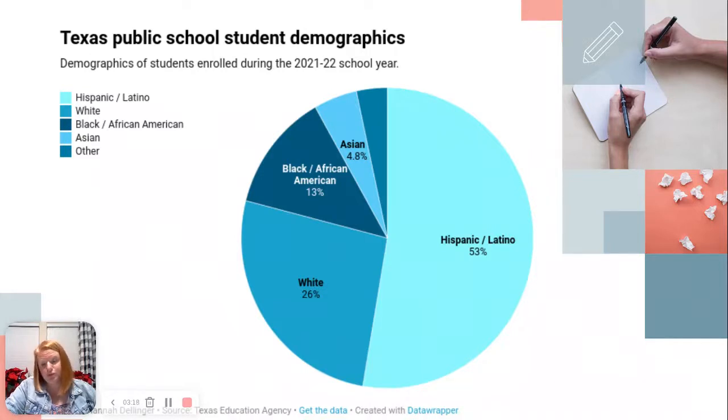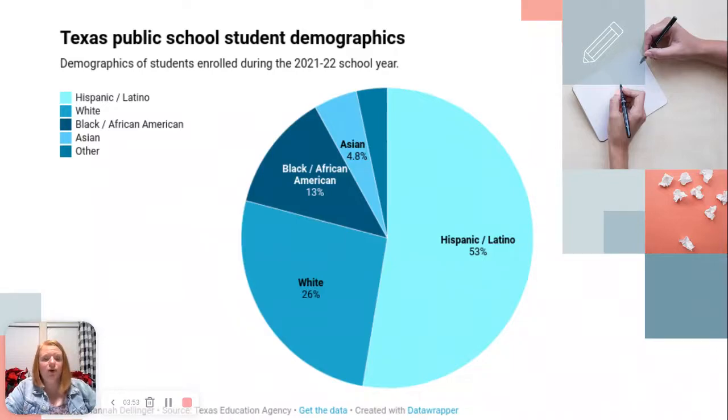That is a huge percentage. It's not surprising to me because I work almost exclusively with a Hispanic population, but that could be pretty surprising to some people. I think this really shows, as you can see, that there's not a majority white population here in Texas as far as the schools go. And so I think it's really important to point out that we're very diverse and we need to make sure that our school cultures are reflecting that.